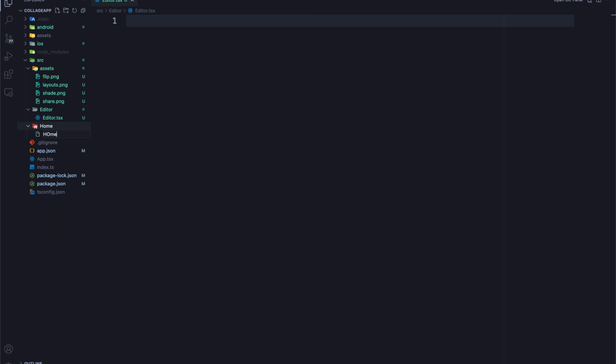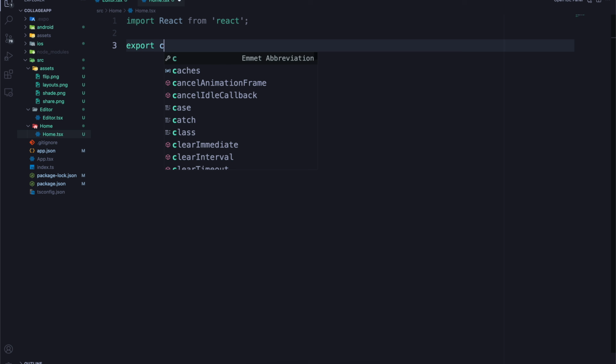Okay, so what I'm going to do now is I'm going to set up the screen structure. And to do that, inside of source, I'm going to create a new folder. Actually, I'm going to create a couple. The first one's going to be home. The second one's going to be editor. And inside of editor, I'm going to put editor.tsx. And inside of home, I'm going to put home.tsx. And inside of here, I'm just going to create really basic components that do pretty much nothing because I'm just setting up navigation right now. And then we're going to